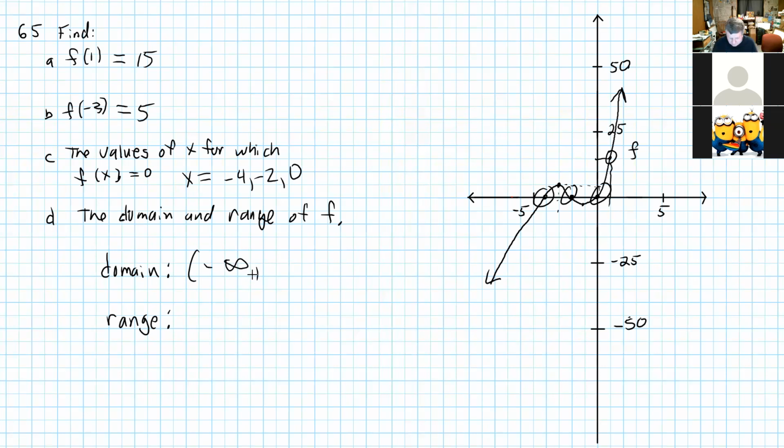And 1, 2. I'm not sure if it would go straight up from 2 or if it would go outward. No, it's not going straight up. Let's talk about why it can't go straight up. If it was going straight up, it wouldn't be a function